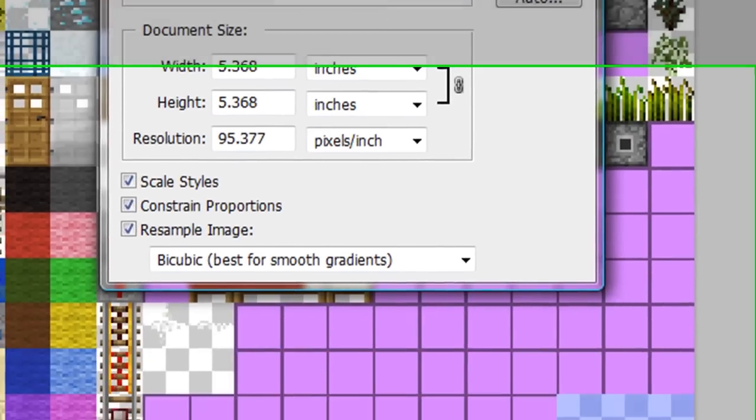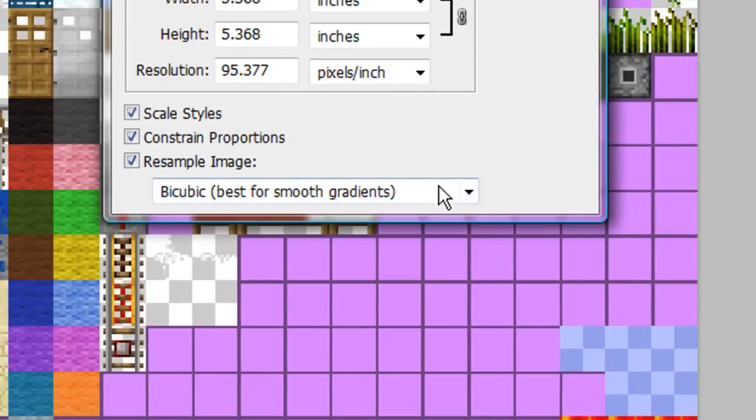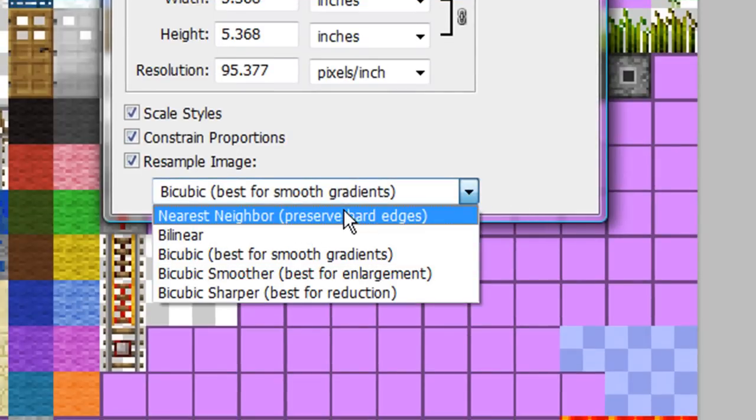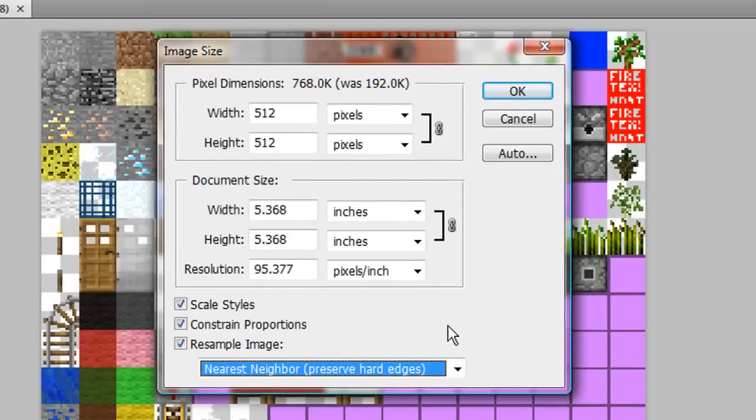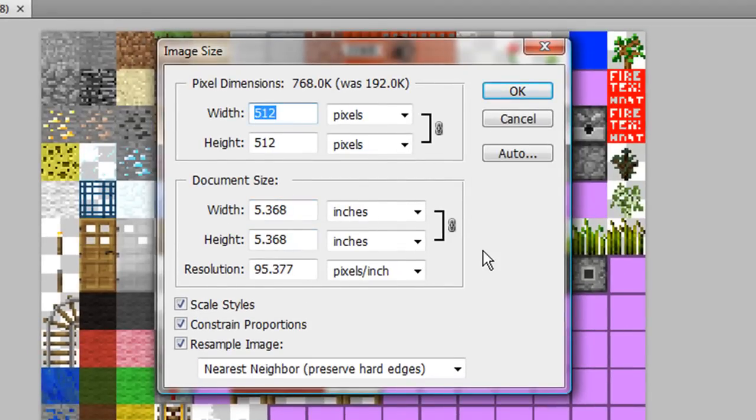Before you hit OK though, you need to go down here. This is very important, and you need to click and say nearest neighbor. If you don't say nearest neighbor, it's going to be all blurry and the colors are going to mix. Like I said though, I don't know how to do that on GIMP or paint.net. Hopefully I'll put that in my description, and then you can see it from there. So anyways, once you do nearest neighbor, it will be all pixely like you want it,